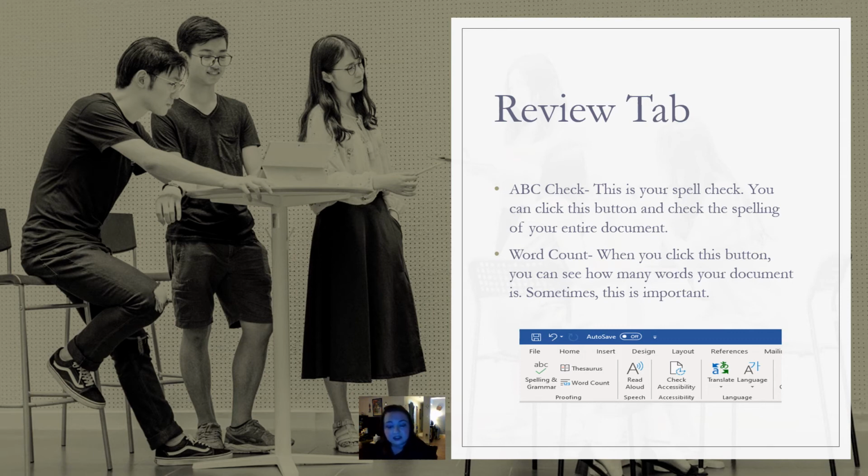You can click on the selected change that you want to make, and then it will make that adjustment for you. The other thing here that might be really helpful is the word count section. It's a button that you can click and it will show you how many words your document is. This is particularly helpful if you're writing in a Microsoft Word document and perhaps you have to submit a certain